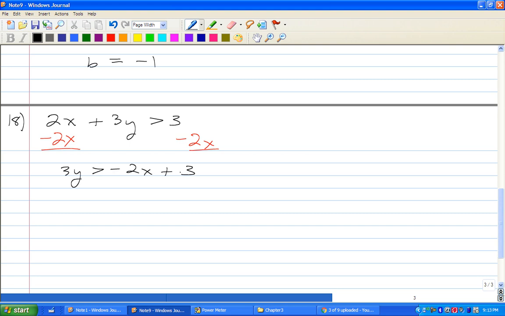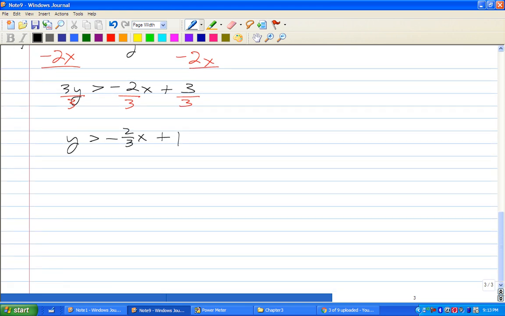And now let me divide both sides of the inequality by the positive constant 3. Since I'm dividing by a positive constant, my inequality is not going to switch. So y is greater than -2/3 x plus 1. So the slope